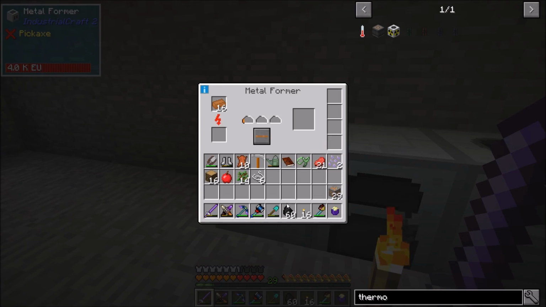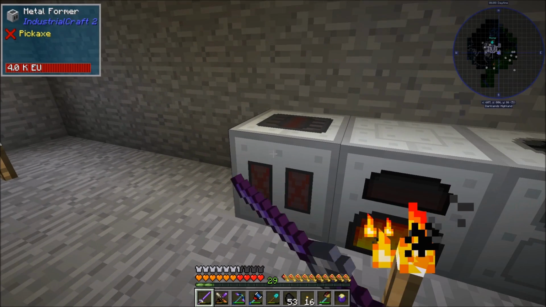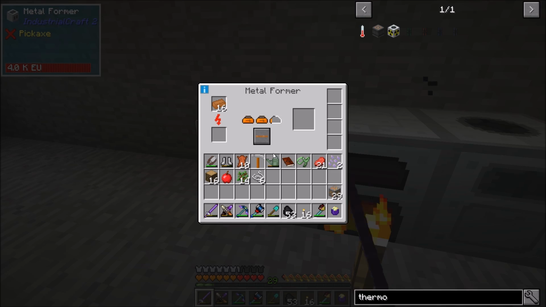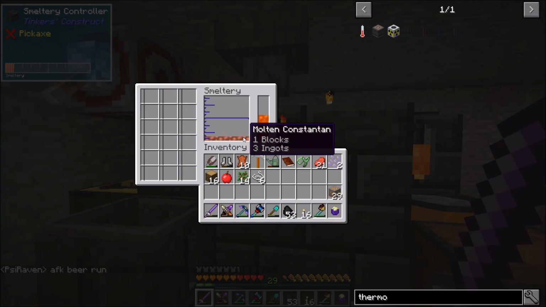That's not a problem, but anyways, we'll get that running, and I know I'm not being the most efficient with coal, but I really don't care. Hopefully after this, we won't really need the coal anymore, so that'll be fine. Alright, so that's running, and our constantan is done. We actually made...